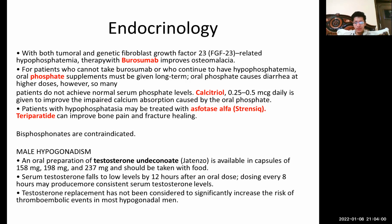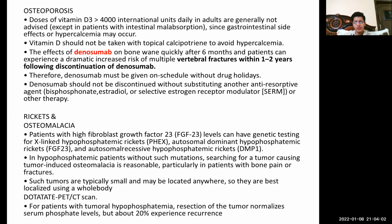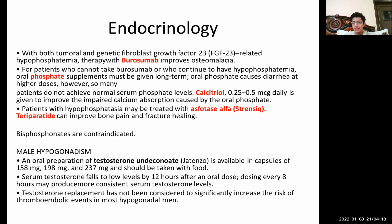We have talked about denosumab, okay, कब बंद करना है, कब start करना है. रिकेट्स और ऑस्टियोमलेशिया में वी आर सेइंग कि अगर वो ट्यूमर की वजह से हाइपोफॉस्फेटेमिया हो रहा है, तो जैसे ही वो ट्यूमर को रिमूव करोगे तो आपका हाइपोफॉस्फेटेमिया क्लियर आउट हो जाएगा। ठीक है, नाउ दे आर सेइंग कि अगर वो ट्यूमर भी है और जेनेटिक इंड्यूस्ड भी है, ठीक है, तो उसमें हमने एक ड्रग दिया बोरोसुमैब।